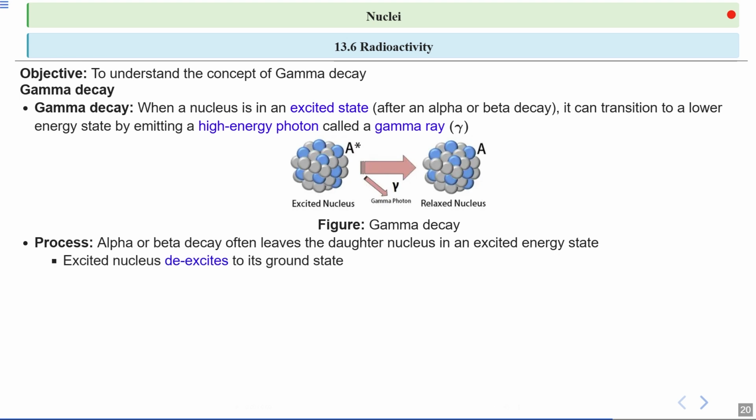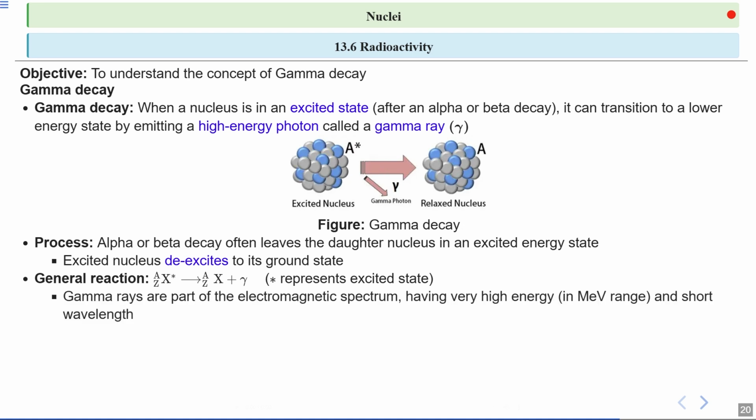At this stage, the excited nucleus de-excites to its ground state. This simply means the nucleus releases its excess energy and returns to its most stable, lowest energy configuration. The energy is released as a gamma ray, which is a photon with very high energy. A general reaction is given as nucleus X with mass number A and atomic number Z in its excited state converts into stable form having lower energy by emitting high energy gamma rays. Star sign represents excited state.